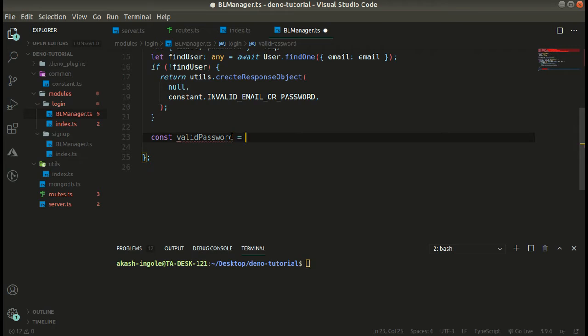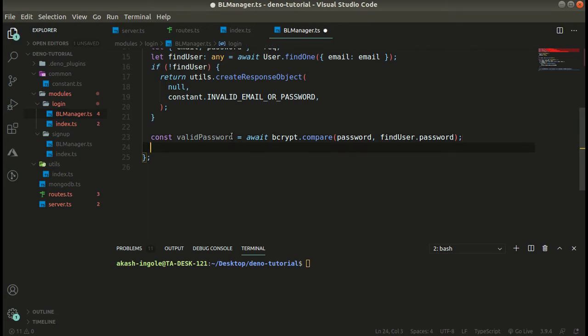Password was await, and we have the bcrypt dot compare method. It's not auto suggesting me, I don't know why. I think VS Code is not happy with me, maybe. Find user dot password.